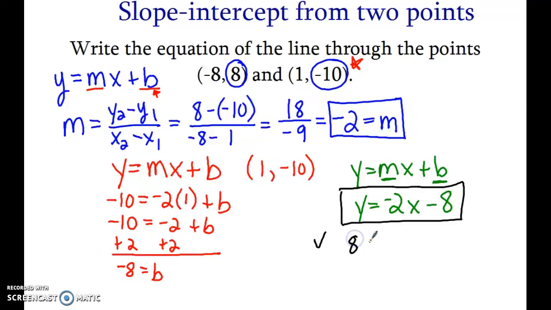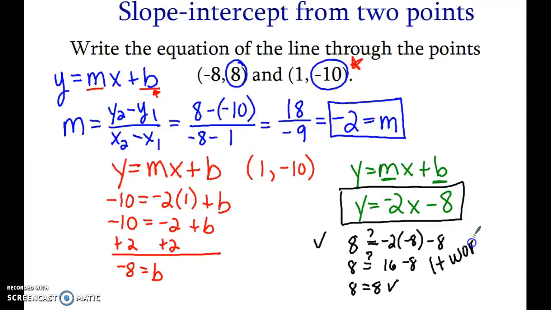Remember when we check systems of equations. So 8 equals, does it equal, negative 2 times negative 8 minus 8. Well, negative 2 times negative 8 is 16, minus 8. Well, 8 does in fact equal 8. So yes, it works. This is true. So what does that mean? My answer is correct. And it would have worked either